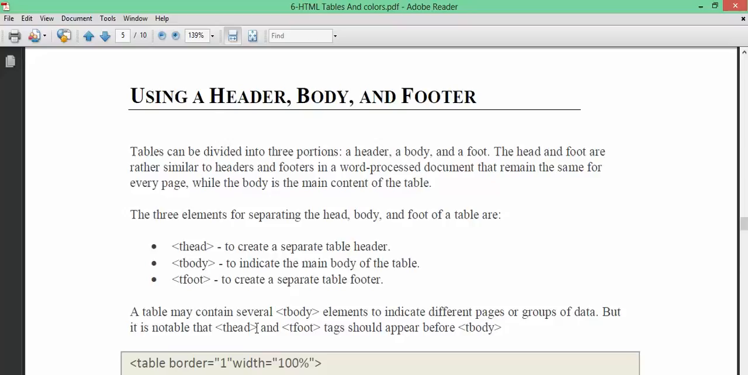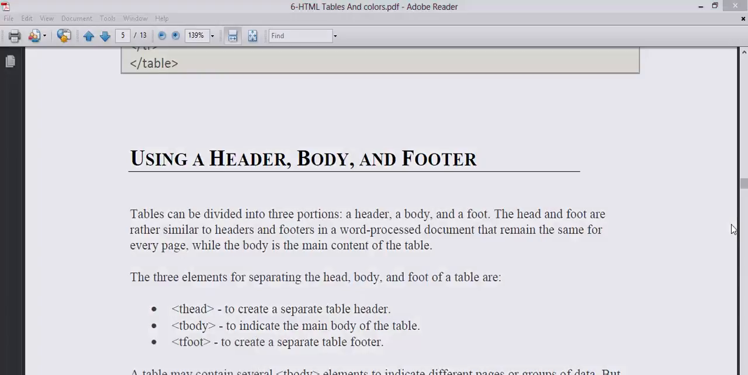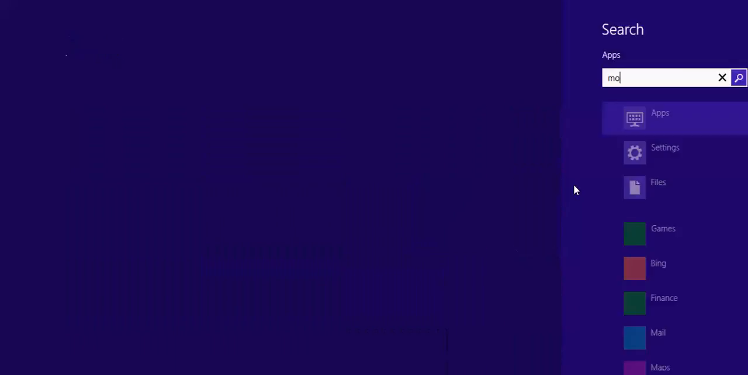A table can be divided into 3 portions: a header, a body and a foot. The head and foot are rather similar to headers and footers in a word processor document that remain the same for every page. What we are trying to say is this: when you open your Microsoft Word,